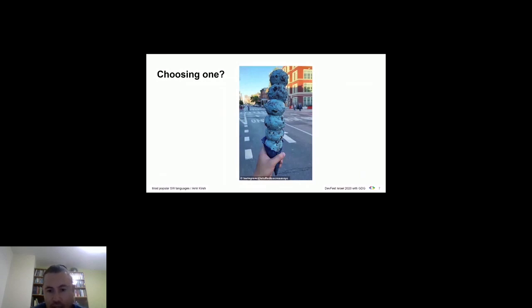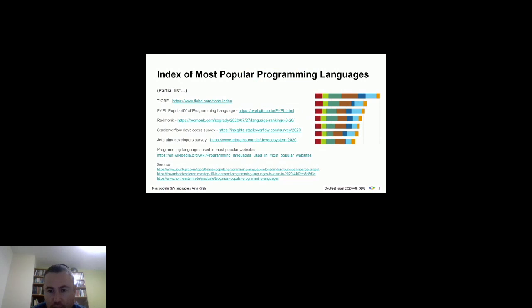Is it popular? And there is a reason for picking something that is popular, because being popular means that you will have more programmers. You can just come and work with this programming language. So the learning curve would be less steep. You can just call up and get candidates who know how to implement and work with this language. You will have tools. You will have frameworks and libraries.